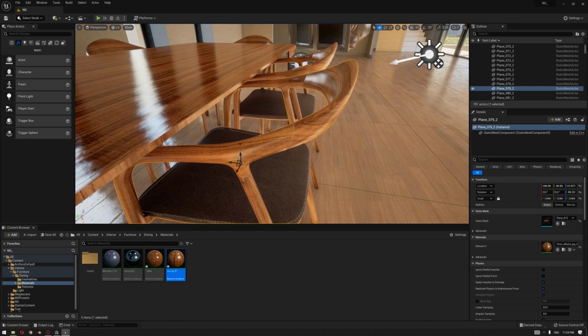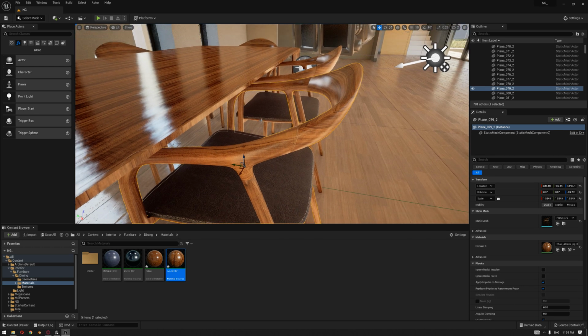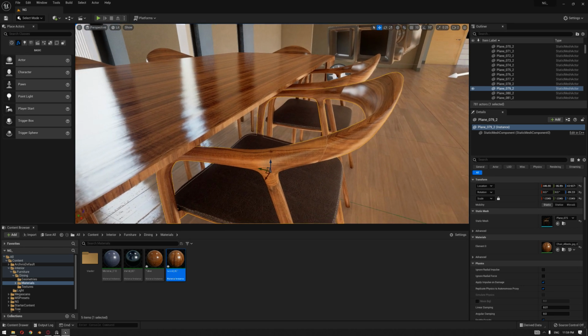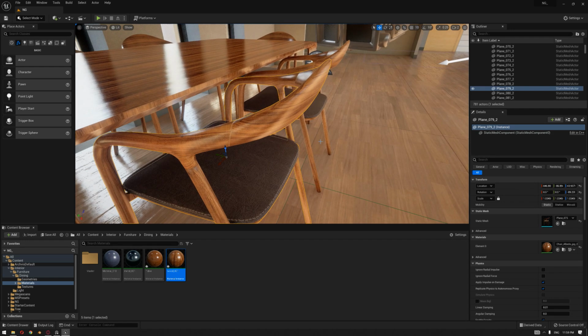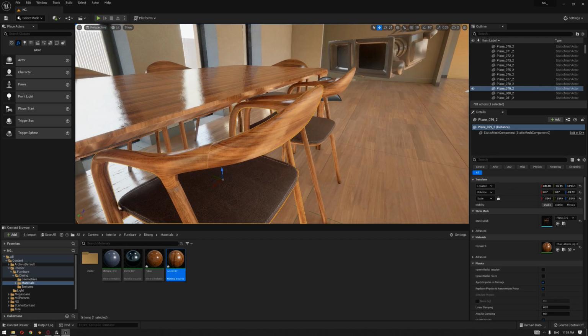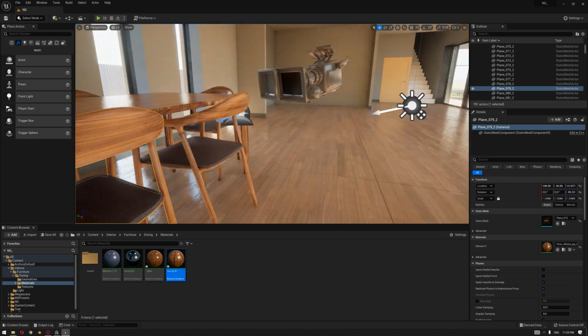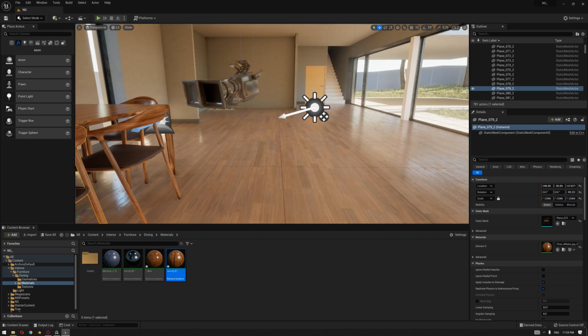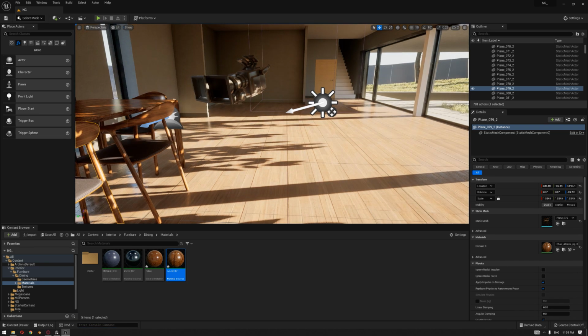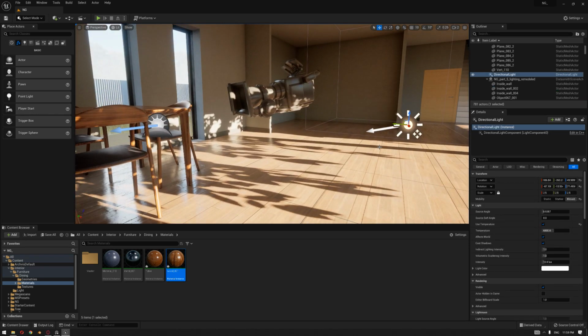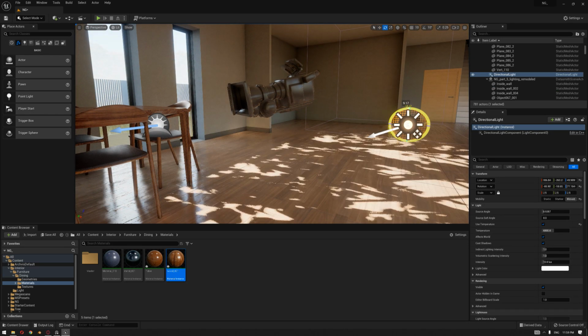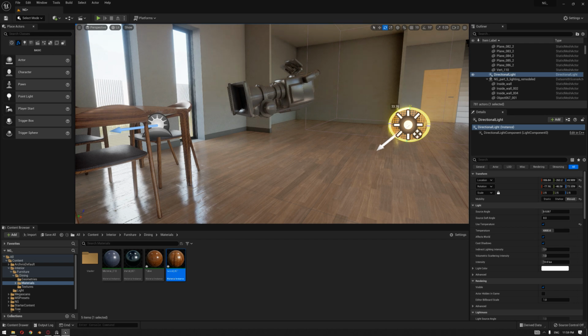The UVs, when we imported the Datasmith, we did not actually generate any UVs, so we kept what we had created inside Blender. And as you can see, with Lumen enabled, I'm gonna just disable the shadow of the ray trace so it can go through the glass. So testing this with the sun lighting direction,